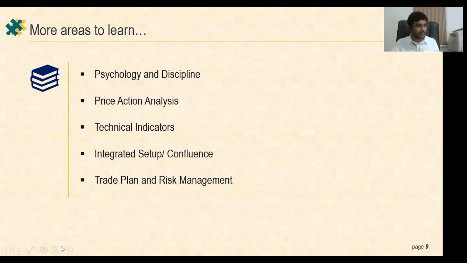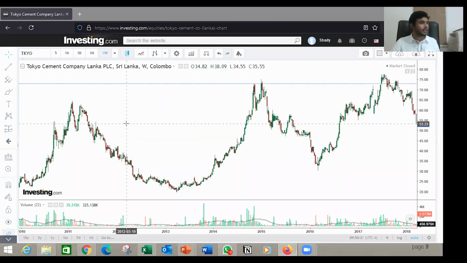Okay, so with that, I will move to our investing.com platform. This is a very popular platform, and for those for whom it is new, you can search investing.com, and under that section you have technical analysis charts, where you can search for local stocks, international stocks, cryptos, currencies, etc. to analyze, and you can apply technical analysis tools.